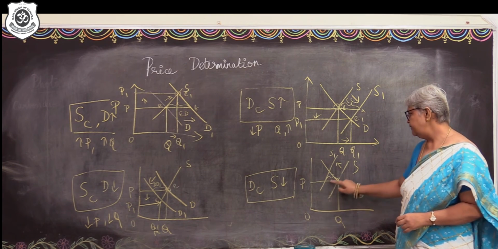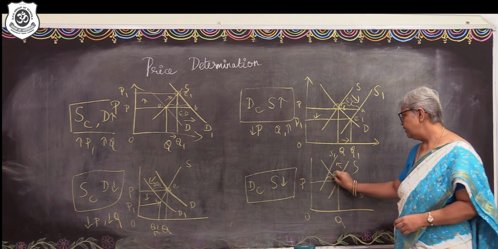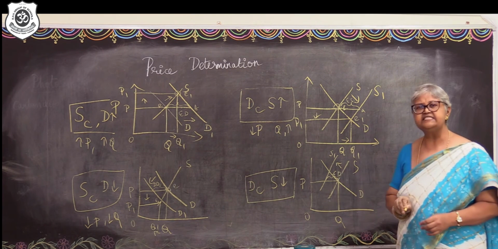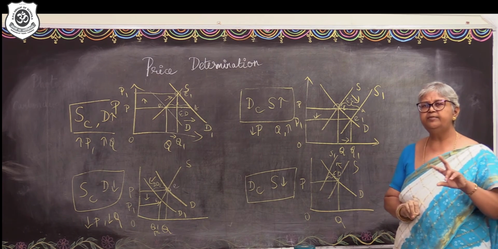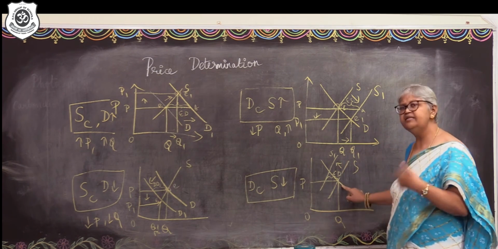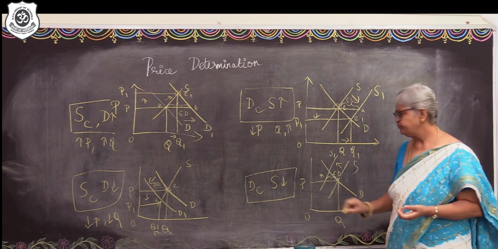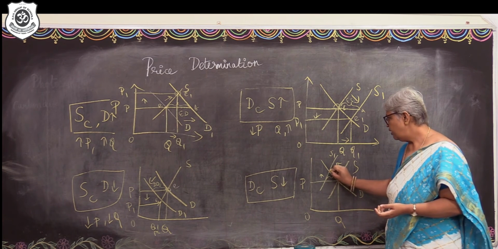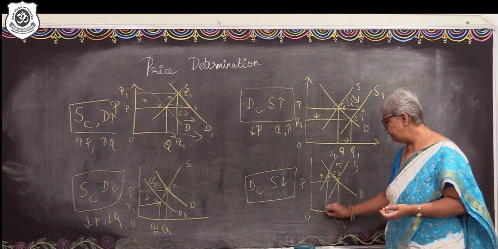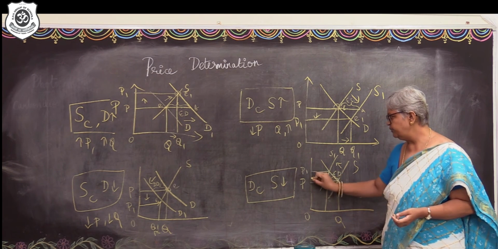There is going to be an excess demand, or there is going to be a deficient supply. So when there is going to be an excess demand, then what will happen? The market price will be pushed up, and on the new supply curve, the market will attain its new equilibrium